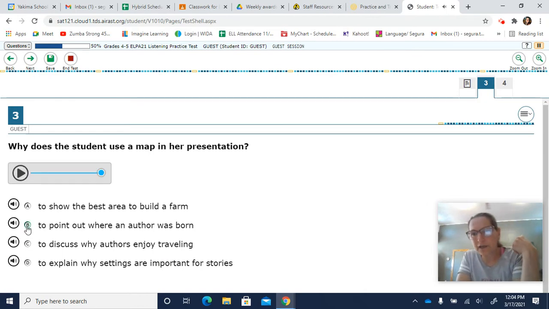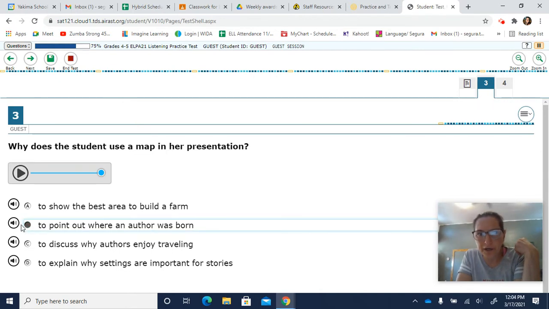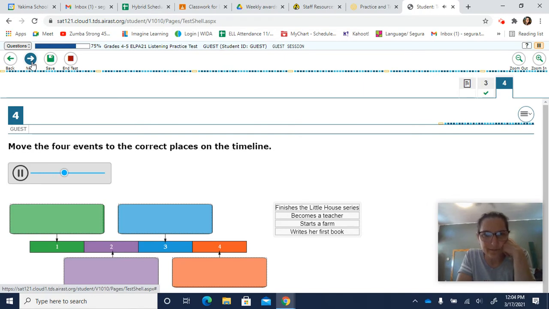So I'm going to pick the one I want, and when I pick it, it's going to get dark, and then I'll go ahead and put next. Move the 4 events to the correct places on the timeline. Okay, so remember 2 fingers on the keyboard, on the little mouse board, and